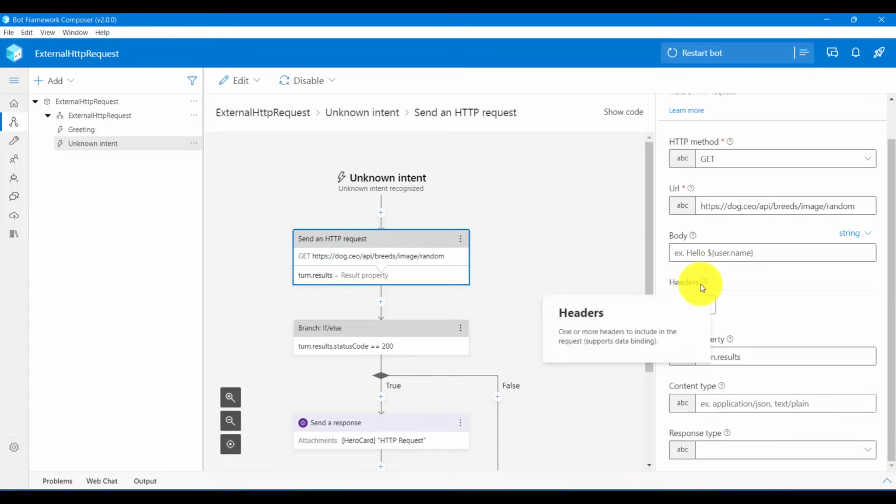Next we'll see how to add the header. If you want to send some authentication key in the header, how to add it and how to send it, we'll see in